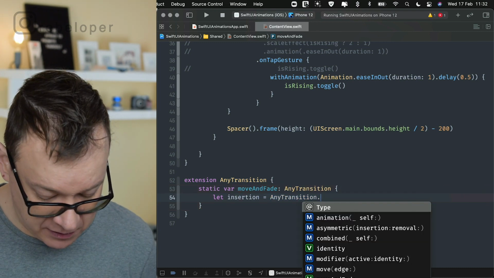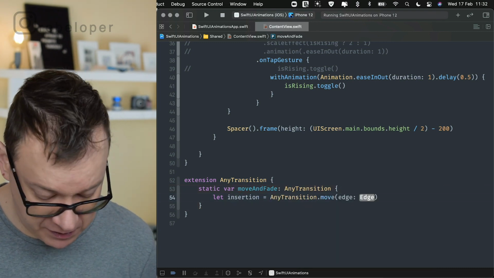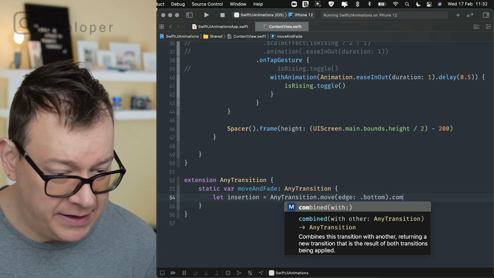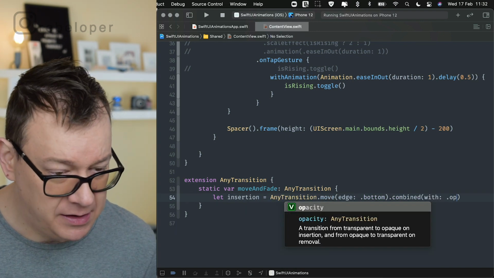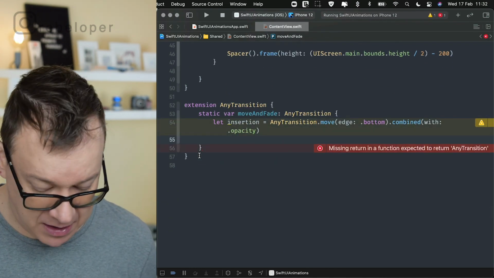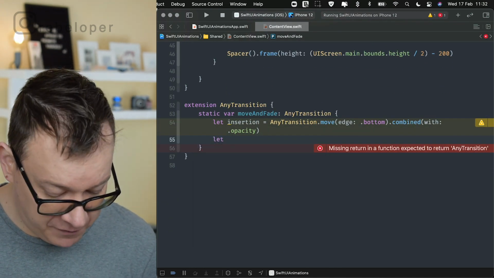And let's just start off with the move one, so move dot bottom. And then let's combine that with the opacity. There we go. Now let's take care of the second one. Let me just scroll a little bit up. So let removal,